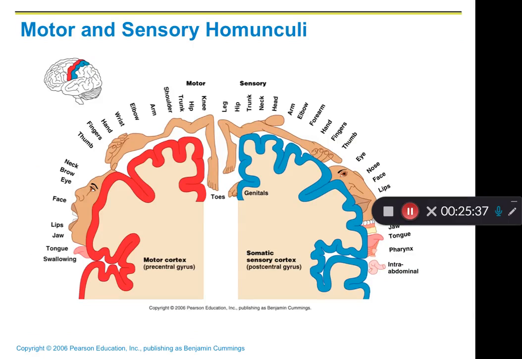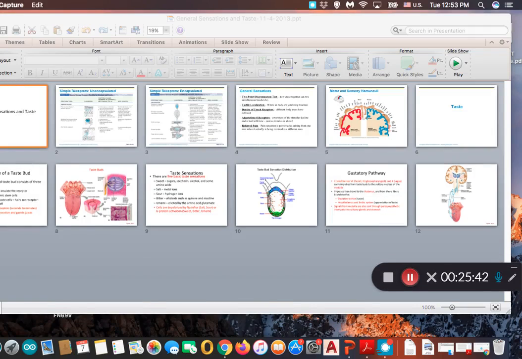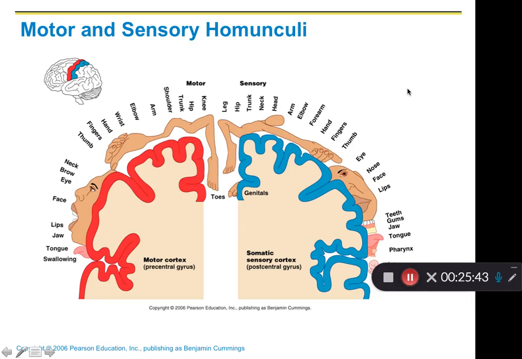Here we can see this diagram. So this is our brain. Our brain has this vertical zigzag line. This is called the central sulcus, a very deep sulcus. So the red region